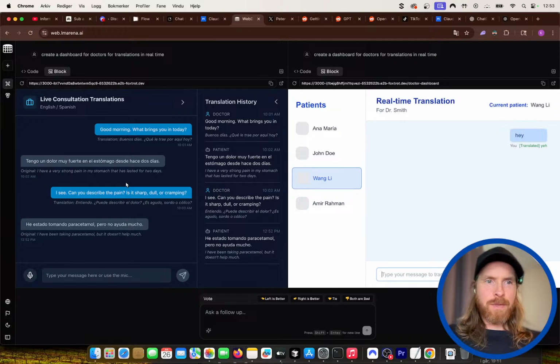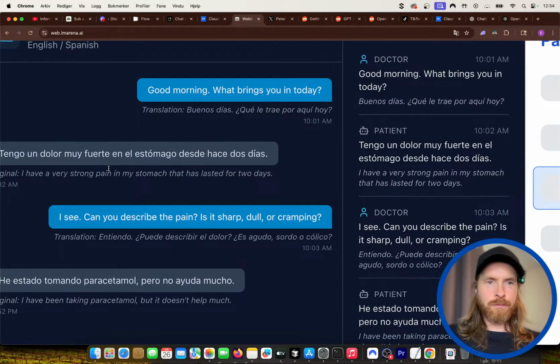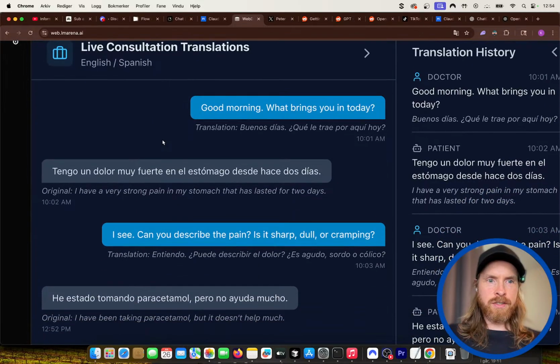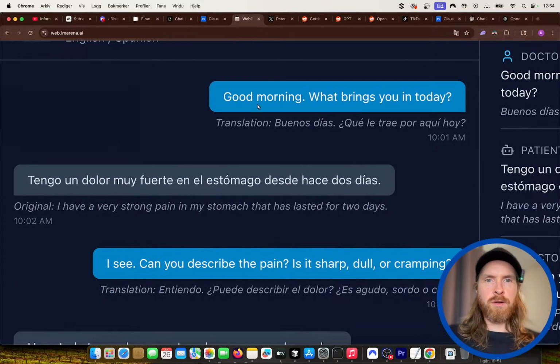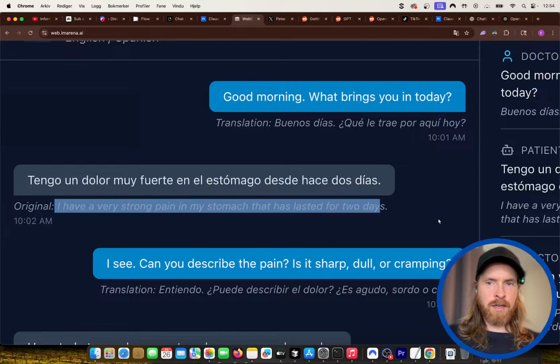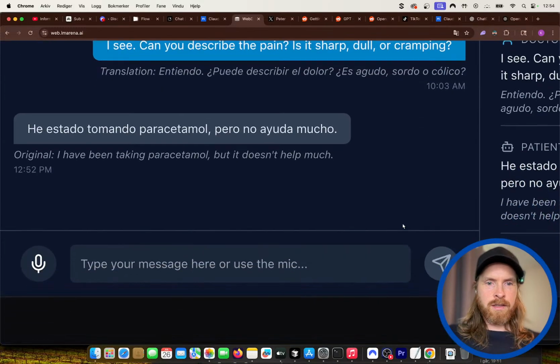Okay. But let's look, that was maybe a bit basic, but let's take a look at this one. So here we have, okay, that's pretty neat. We have English to Spanish. Yeah, this is more like it. So you talk in English, you can see the translation in Spanish here, and you get the answer in Spanish, and it's turned into English again.